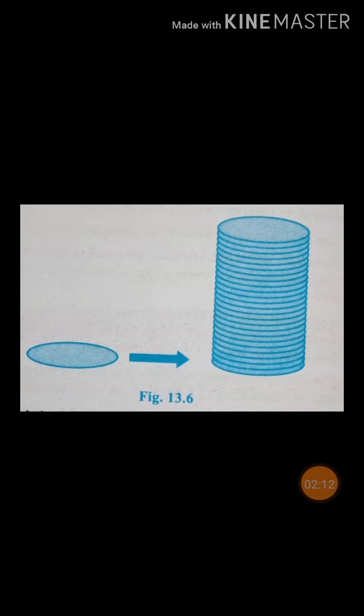So in place of writing the number of circles, you can see the number of circles is equal to the height of the cylinder. So in place of this we can write height. Pi r square is the area of one circle, multiplied by height. Height means the number of circles. So the volume of the cylinder will be pi r square into h. It will be pi r square h.